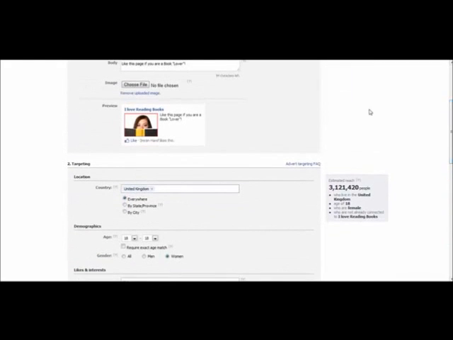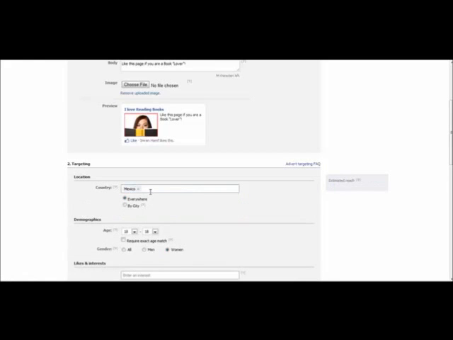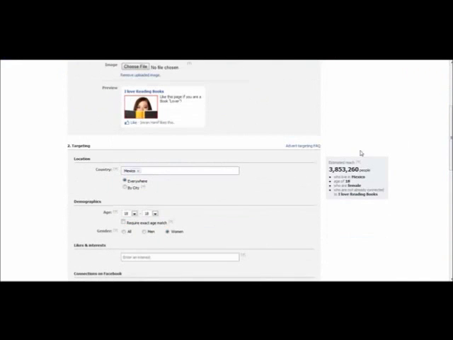Now, when it comes to the estimated reach, do not target in millions if you are going to create a campaign for the UK, USA, Canada or Australia. However, if you want to create a campaign for countries like Mexico, where you're guaranteed cheap clicks, as you can see from the suggested bid here, then go ahead and target the millions.